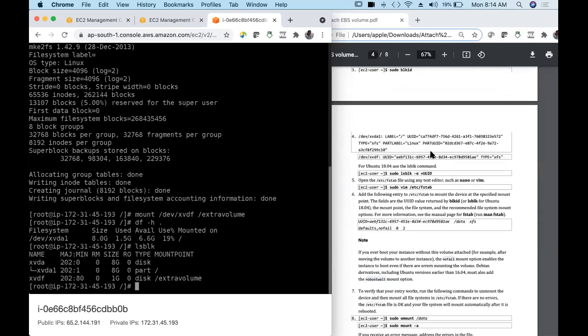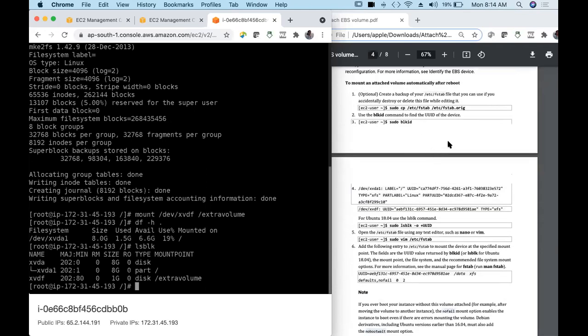Now the thing is, you will not get this mount point when you reboot. Your Linux operating system considers only the root volume as a default disk. It will not consider your extra volume as a default disk. For that, you have to make an entry in the Linux file system.